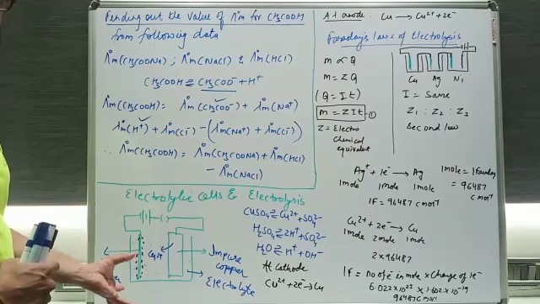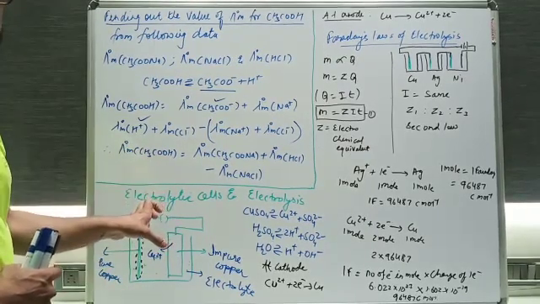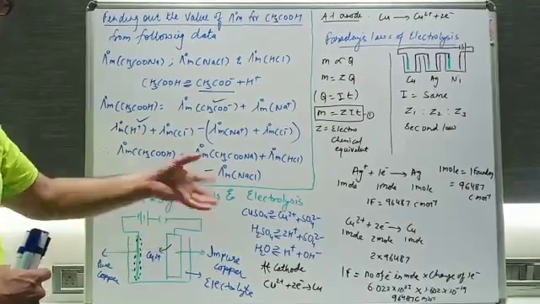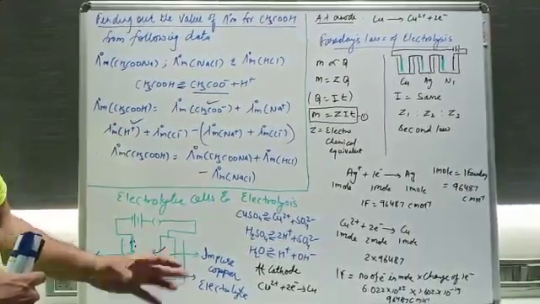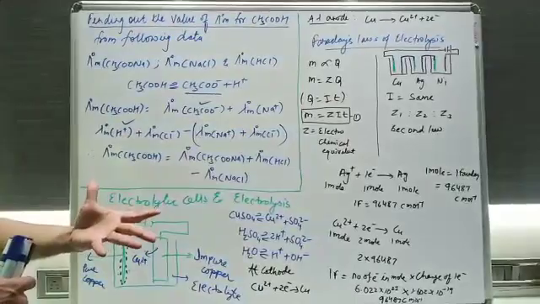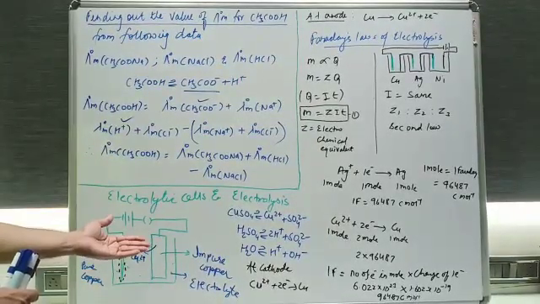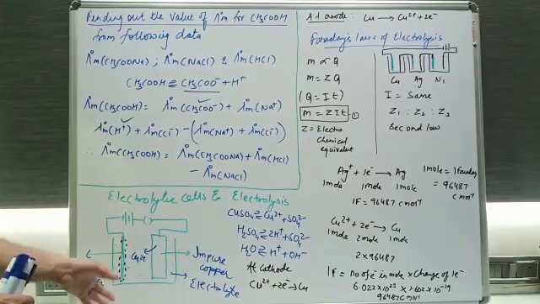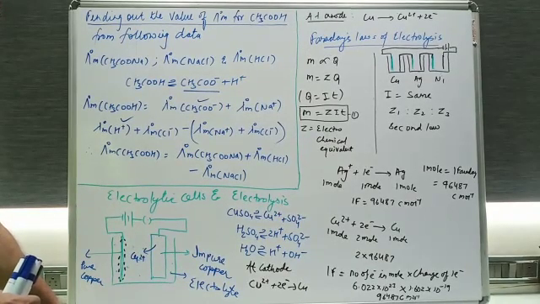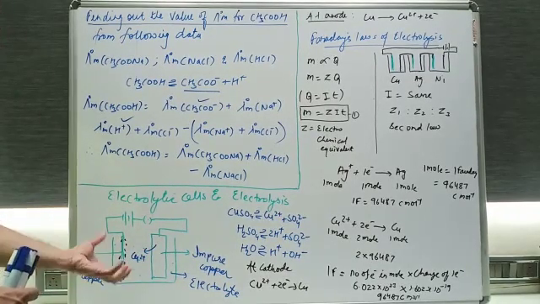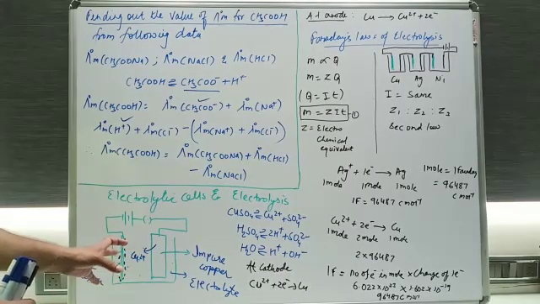That means the mass deposited on the cathode will depend upon the charge passed. If less charge is passed, then less amount will be deposited, or we can say it will take more time. Or if you pass a huge amount of charge, then the reaction will be faster and more copper will be deposited. Is it clear? So this was the part about the mass deposited.